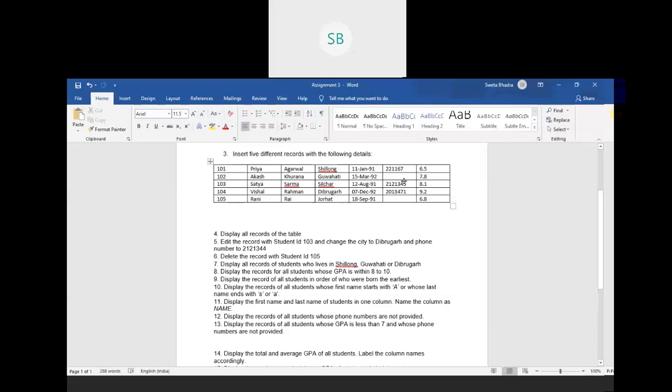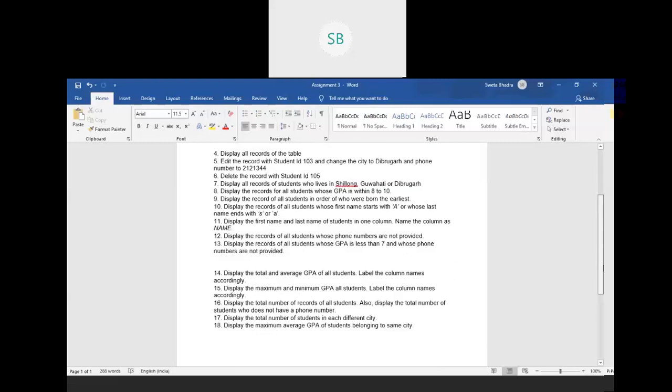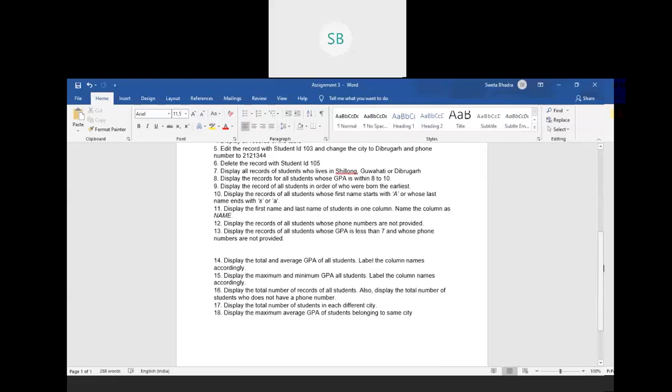Only 102 has a null phone number, but his GPA is greater than 7, so it will obviously print an empty set. So it is not wrong, our table just does not satisfy this condition. If we give less than 8, then it will print this result.